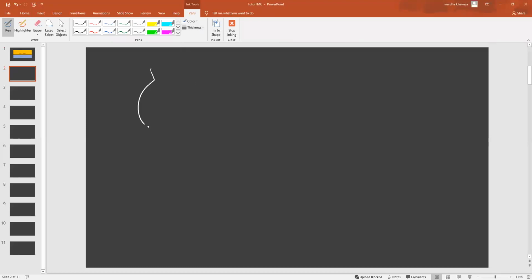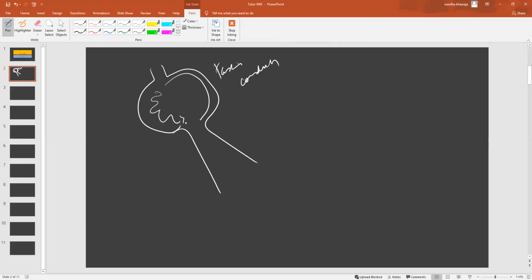Assuming that this is now an enlarged representation of the AV node, there are two kinds of cells found in here. One kind is the fast conducting fiber, and the other is a slow conducting fiber. An important concept to understand is that the fast conducting fibers also have a longer resting period, while the slow conducting fibers are quicker to recover. They have a short refractory period.